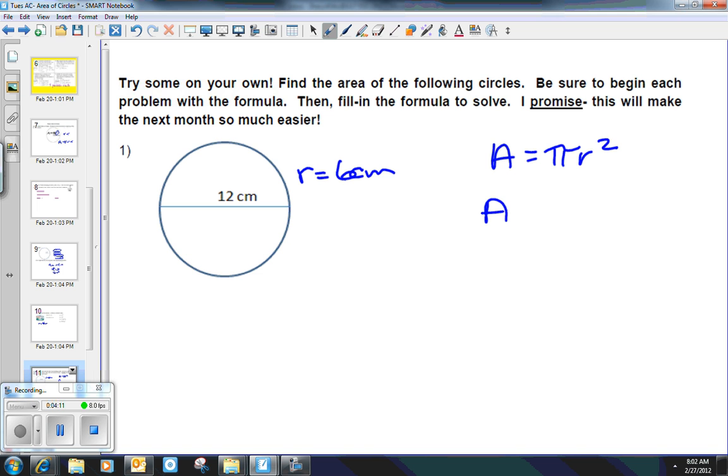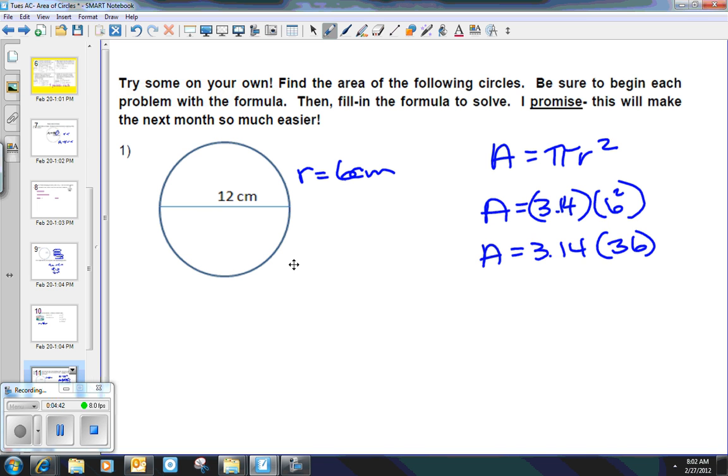So I am going to do area equals 3.14 times 6 squared. Okay? That will be area is 3.14 times 36. All right, so then we're going to have to find out what 3.14 times 36 is. And 3.14 times 36, using my calculator, is 113.04 centimeters